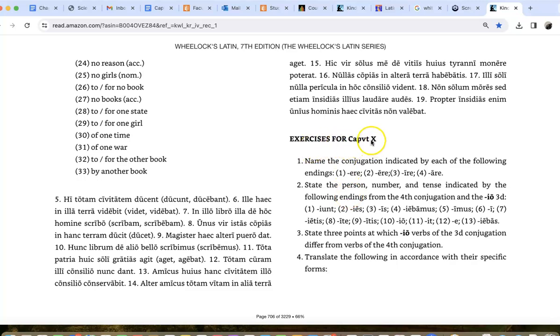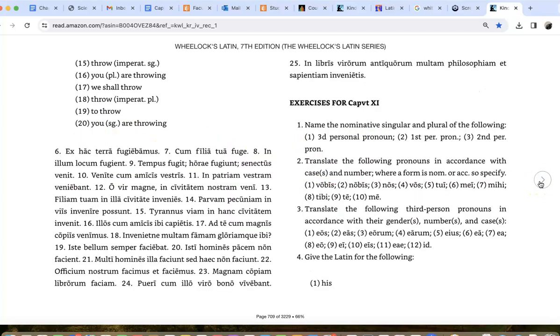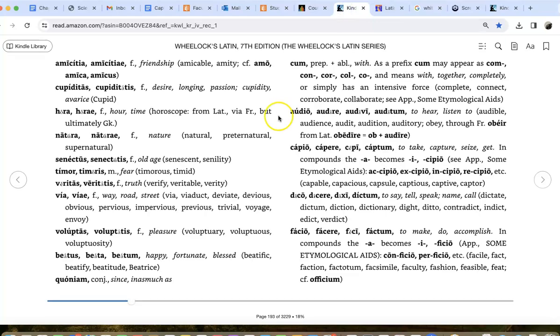So here we have the exercises for chapter 10, and you also have an answer key for these in the back of the book. So we're not going to go over these because you have the answers, but I would strongly urge and encourage you to do these self-tutorial exercises before you tackle the exercises that I am covering. So with that said, let's take a look at